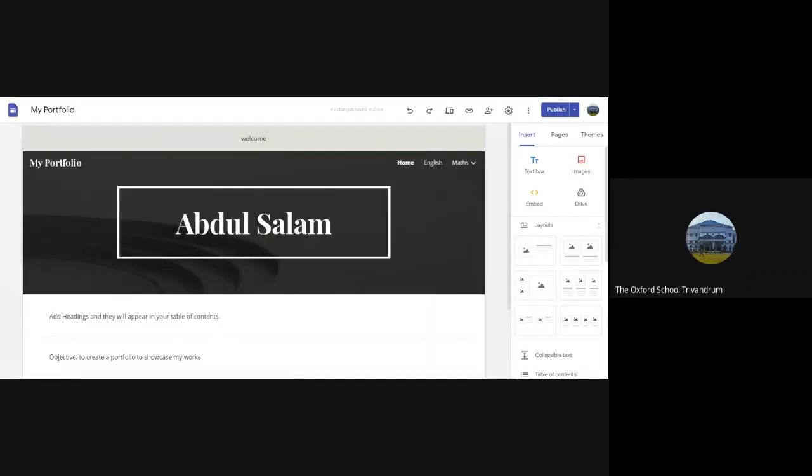Now take 5 to 10 minutes and create your own e-portfolio and paste your link here. Create a portfolio for yourself or your school. You can have your school also. You can download from the school website photos, motto, vision, mission. All these things you can copy, paste, and you can embed some video if you would like. There are videos on YouTube and all.